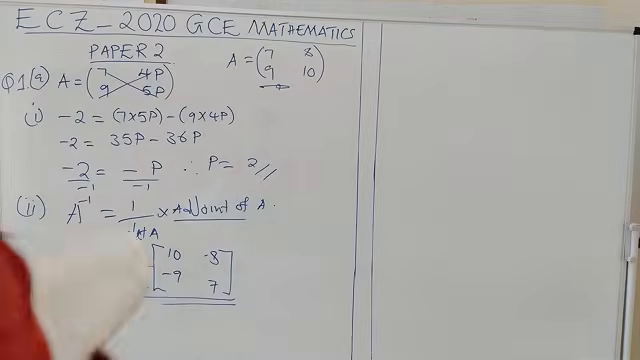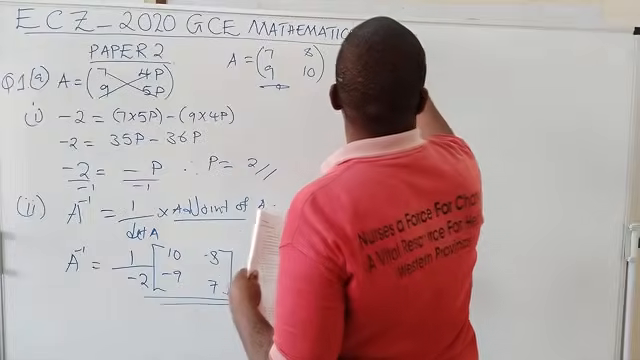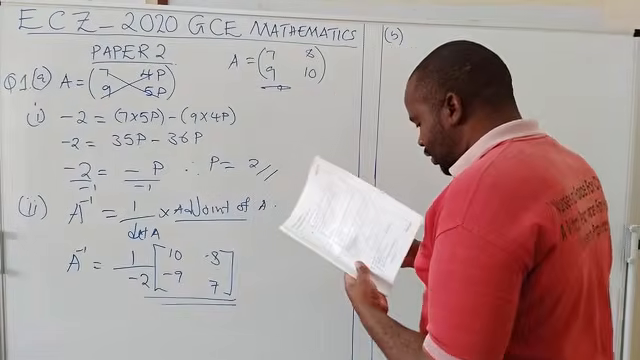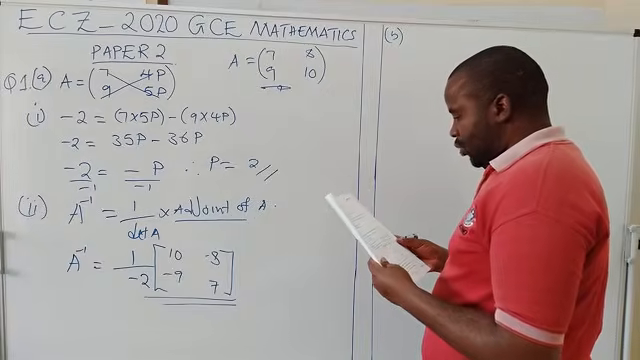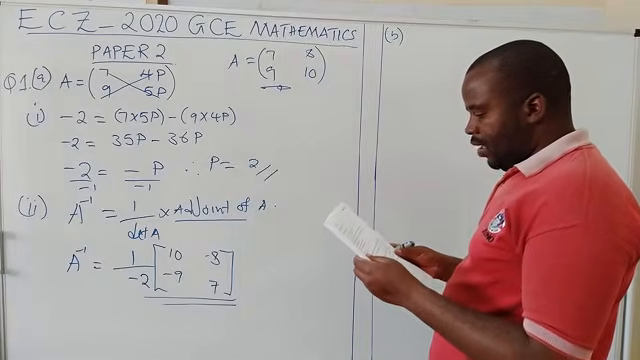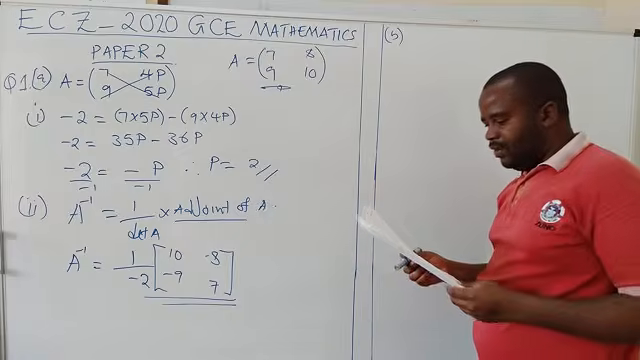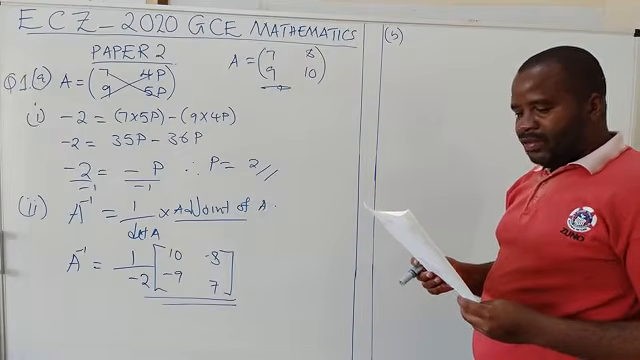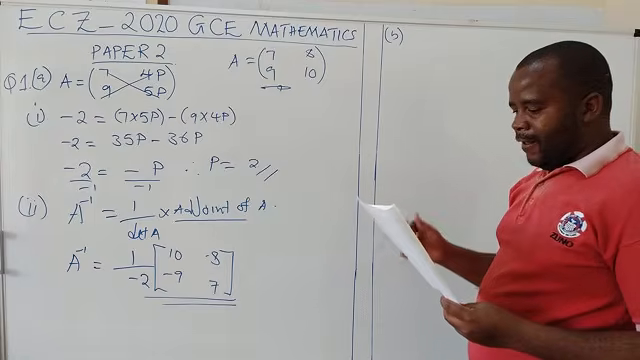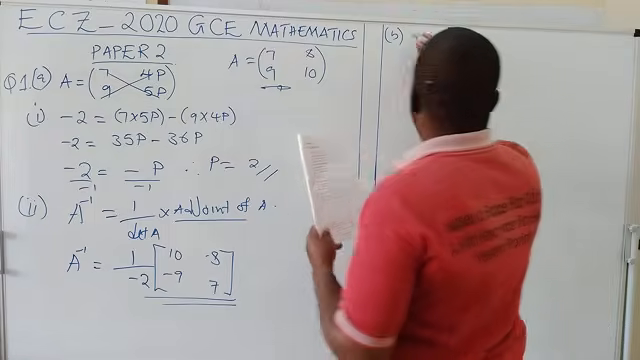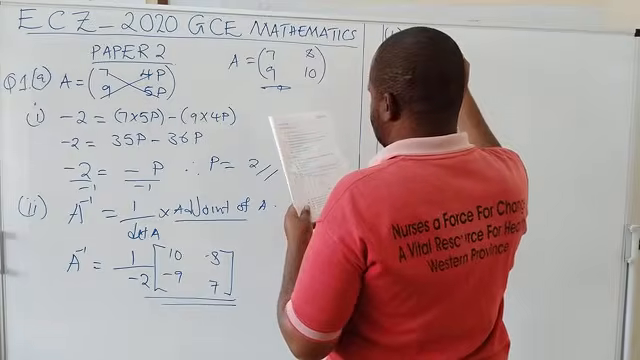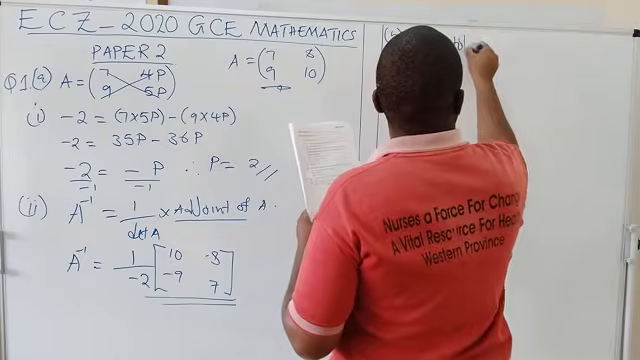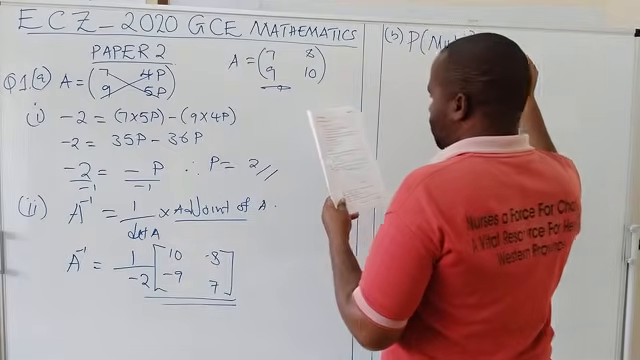Okay, so at B now. The question reads, Mutola and Mwambi were selected as members of the netball team. The probability of selecting Mutola is 7/8. So the probability of selecting Mutola is equal to